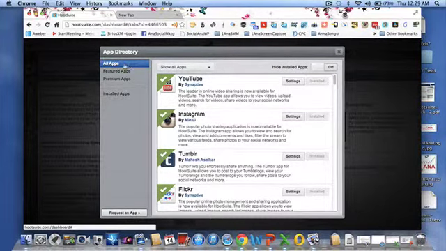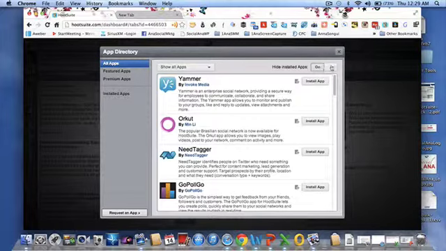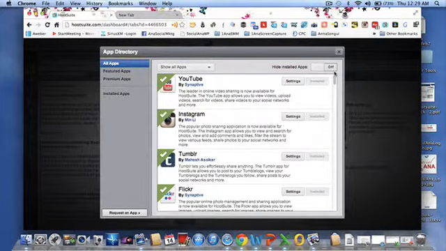It just defaults to this. And there's featured apps and there's premium apps. The premium apps are expensive membership models like HubSpot. And then this will just tell you what's already installed. And you can hide the installed apps. But I'm not going to hide it because I want to show you what's available to you,